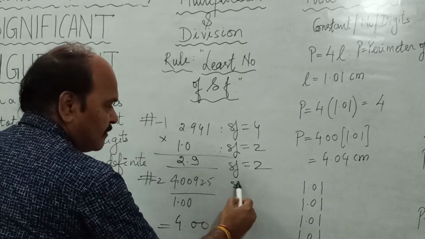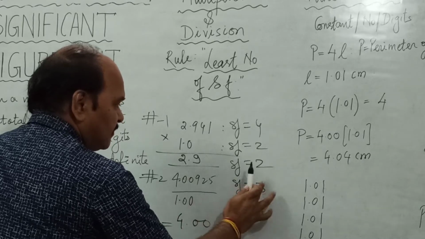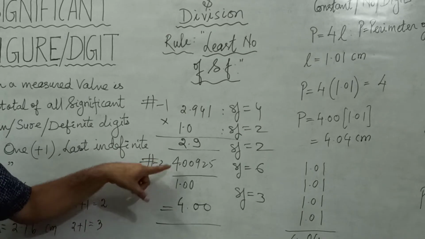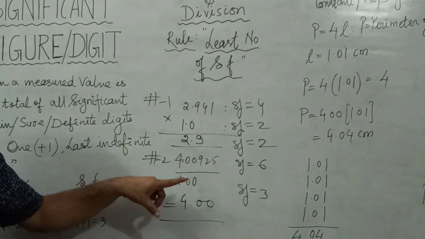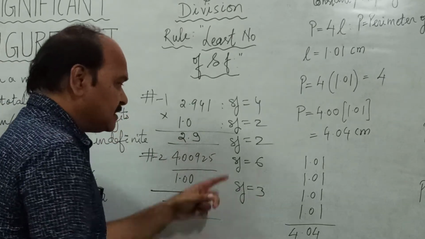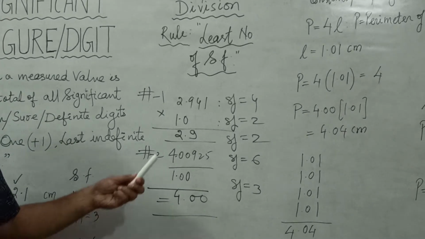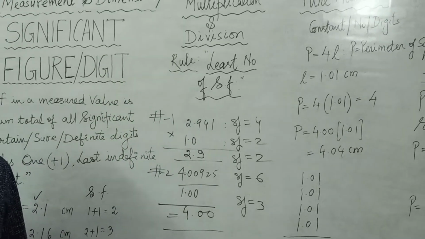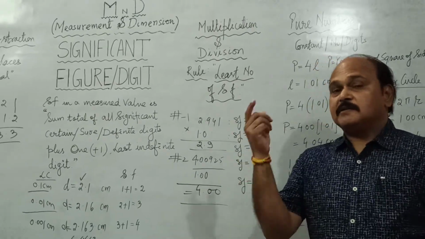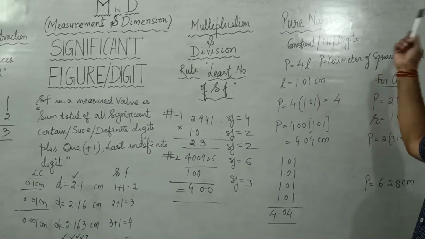This has 3SF. This has significant figure 3, and this has significant figure how many? 6. So if we divide this quantity from this, we can do the normal division, but we have to write down the answer in as many significant figures as is the lesser of the two. So I hope multiplication and division is also clear. So when we multiply or divide two quantities with different accuracies, the final answer will have the accuracy of the lesser of the two.